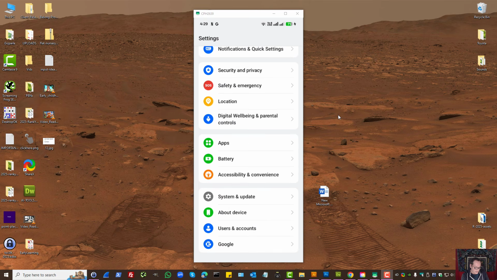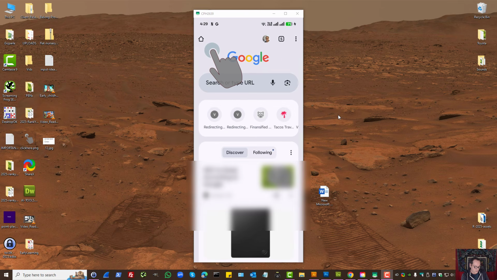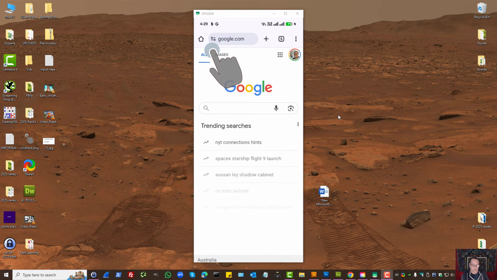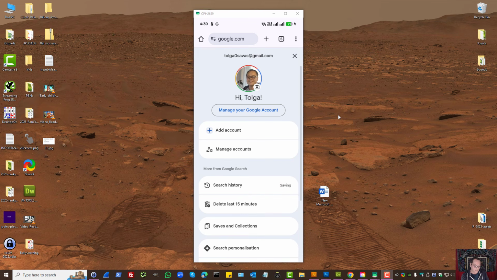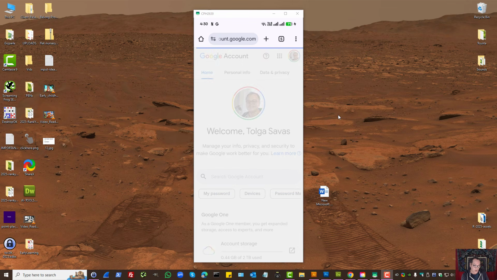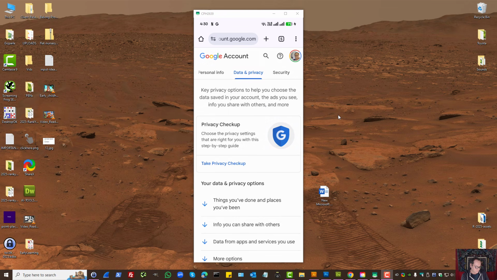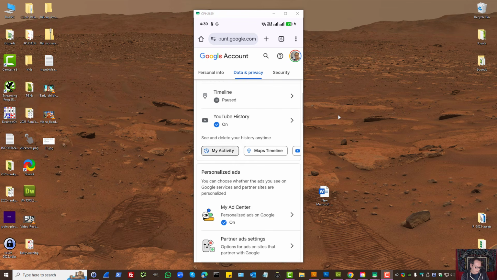Next, what you need to do, open up Google Chrome. If you were to press on a new tab, make sure you press the home icon so that you are viewing Google Chrome. Then press on your profile icon, press manage your Google account, press data and privacy, press on my activity,